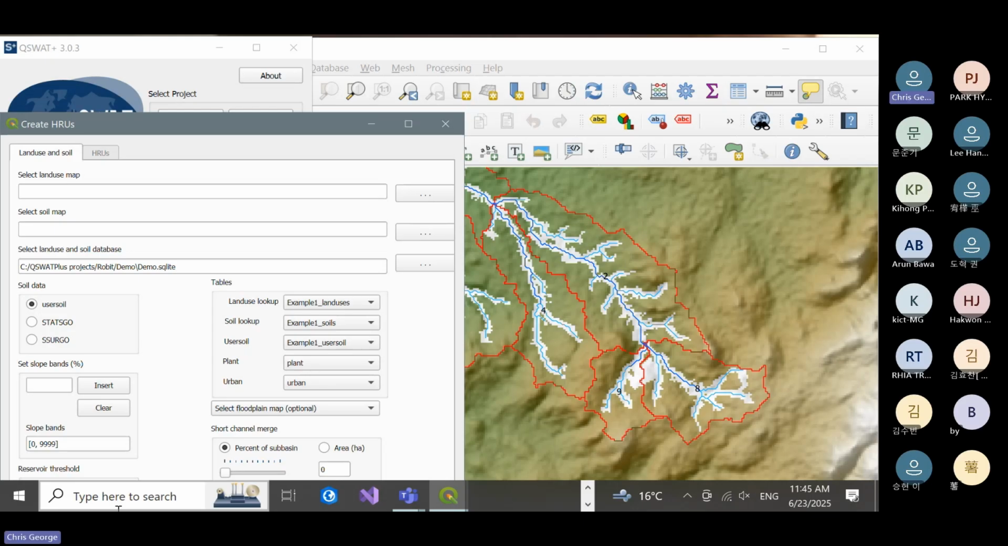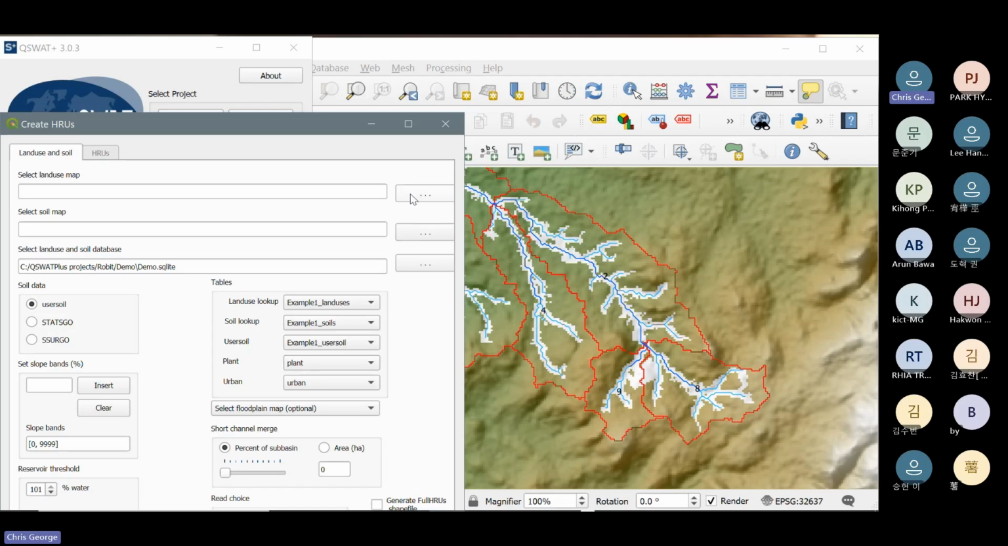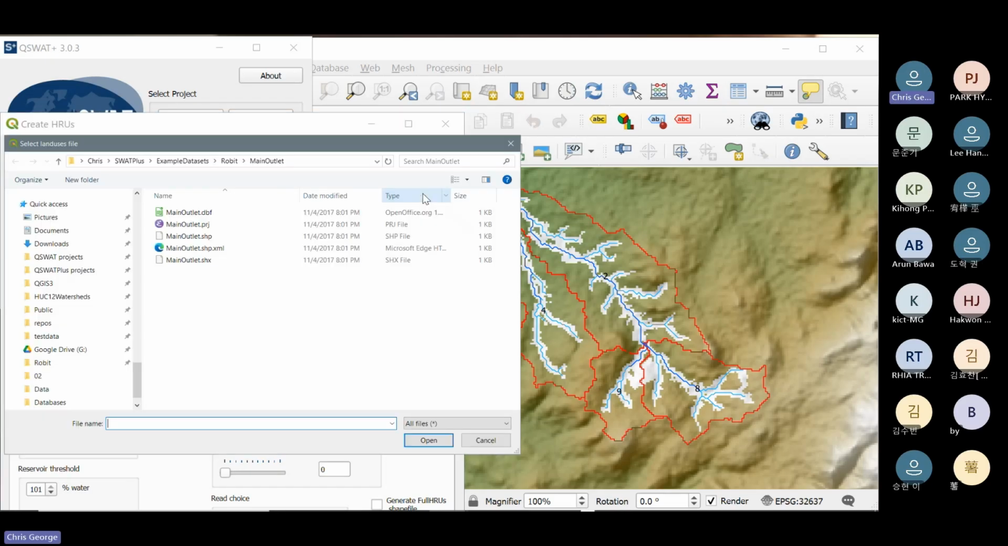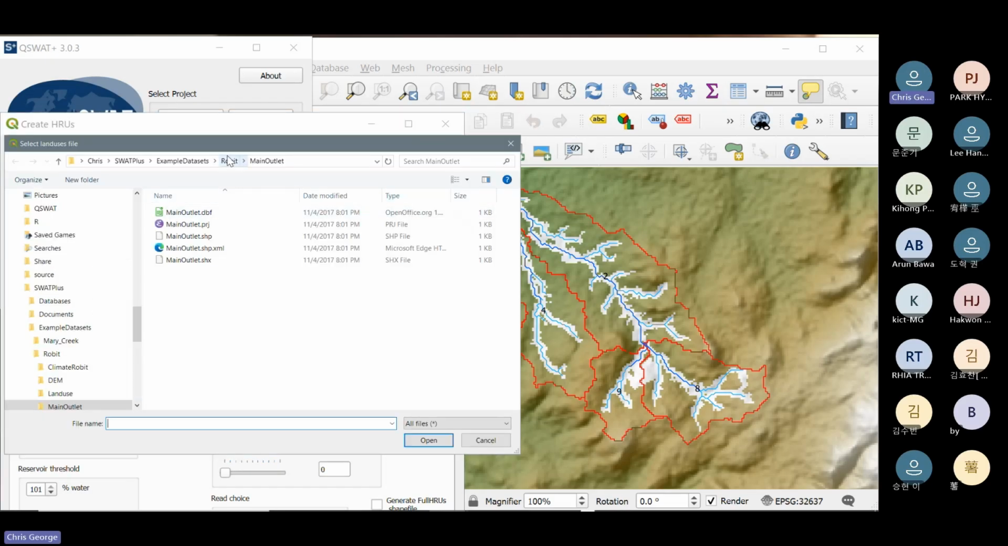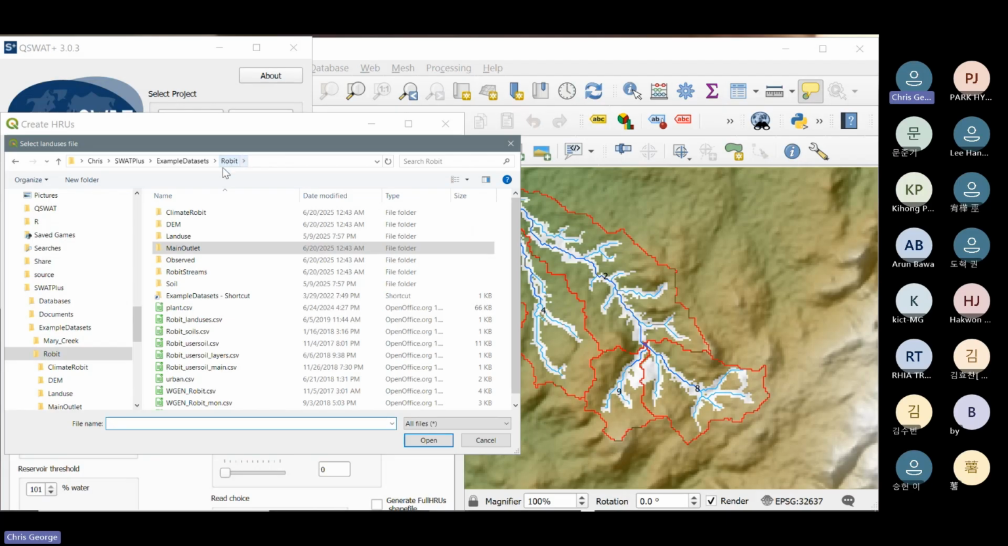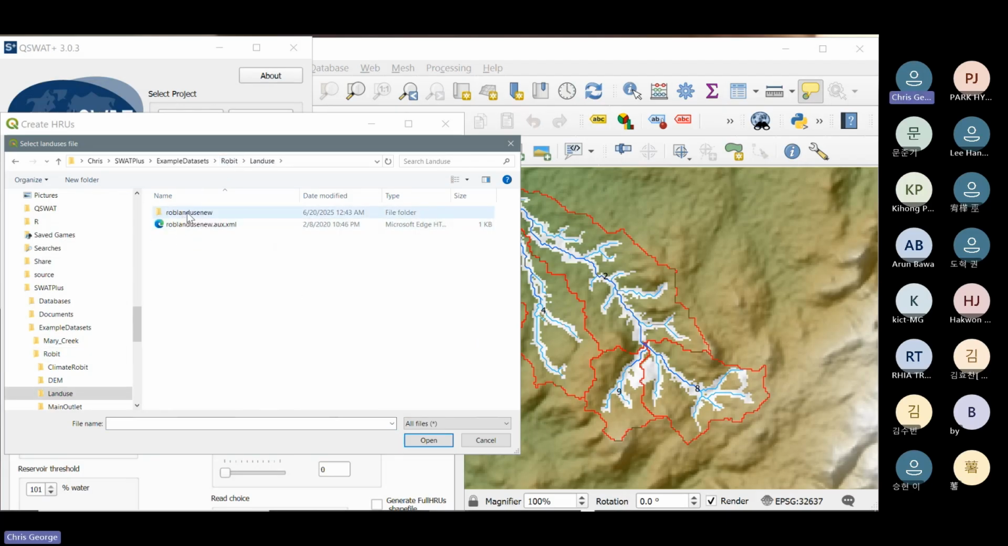And of course, QGIS will do the projection for you if you need it. Right, so we click on the Find a File button, the one with three dots, and it says select a land use raster, and we go to the Robit directory, and we find the folder called land use, and it's got a folder called Rob land use new, and it's actually